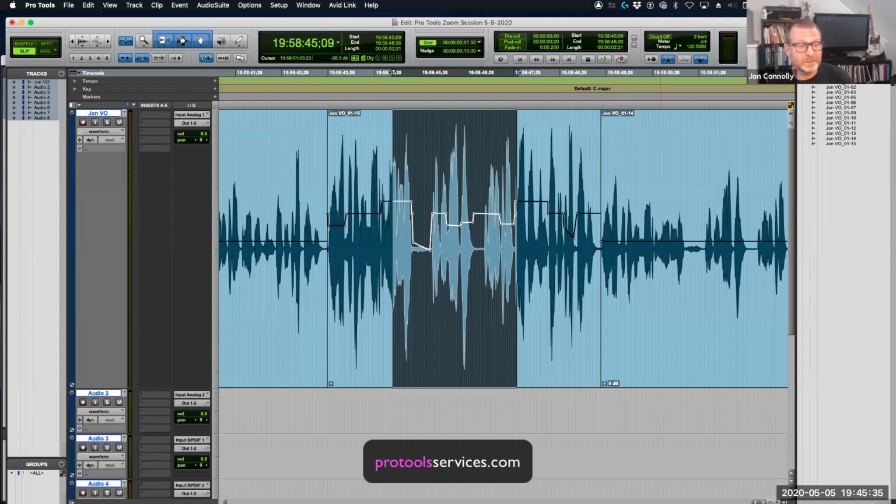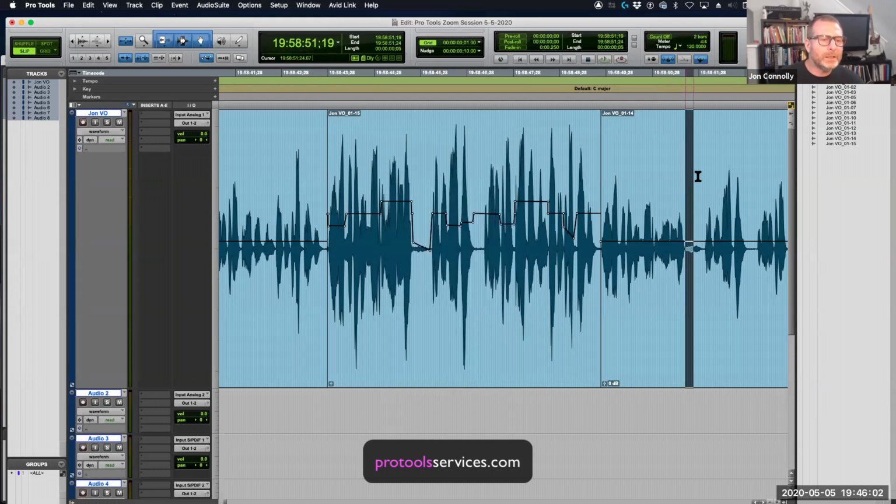And quite effective. This is a huge help. So other things that I might use this for, obviously to level out a vocal or a dialogue performance, but in my home studio here, my recording environment is not ideal. So in between phrases that I may record, I might pick up some noise from outside or the neighbor's dog or whatever. And I can come in between my phrases, and like I did with the breath, just knock it down. I might take it down 15 dB or 20 dB.